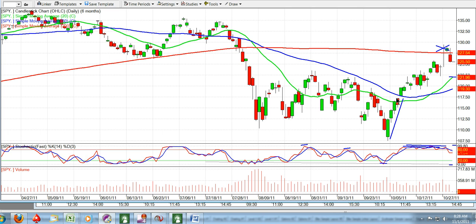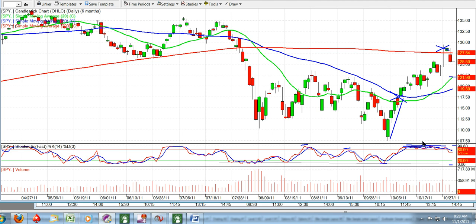These are your period moving averages, with your 20 being the green, your 50 being the blue, and this is the daily chart. So what happened was as the S&P came up, you can see that it broke these period moving averages and continued to go all the way up to the red line, which is your 200 period